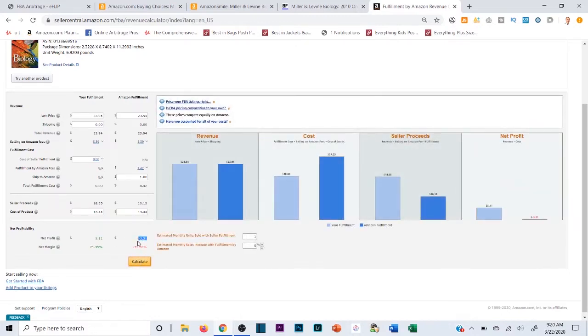It's not profitable if we ship it into FBA because the FBA fees are a lot higher, right? So we have the selling fee right here is $5.39. The fulfillment by Amazon fee is $7.42. So it's not profitable to buy it used and ship it into FBA. But if we buy it for $13.44 and we fulfill it ourselves for $23.94, obviously you're going to be making